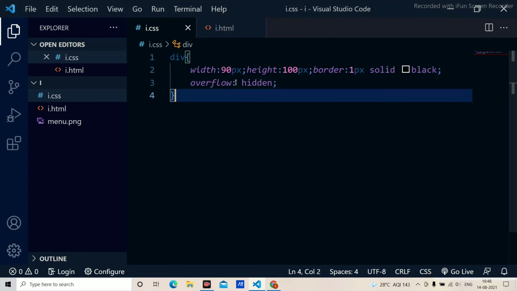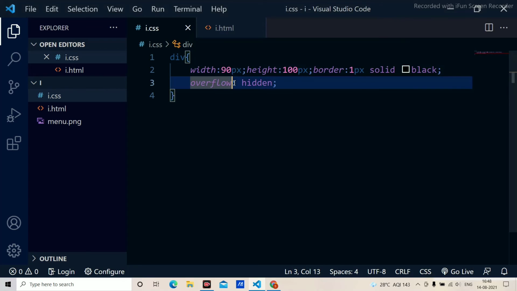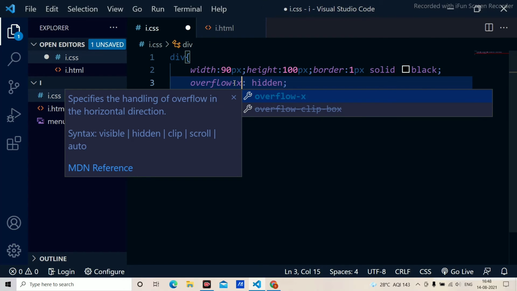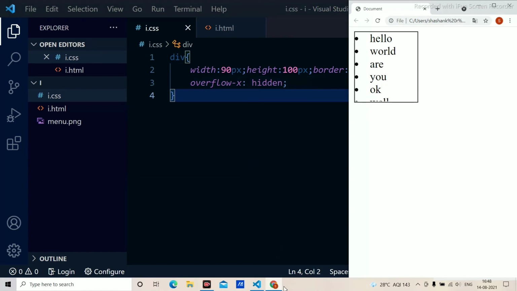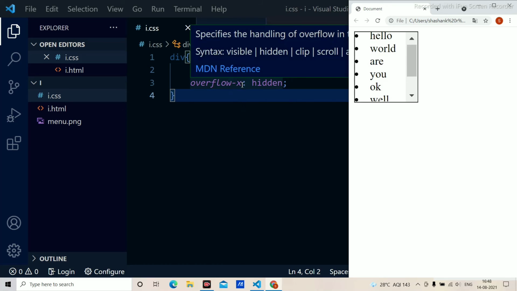Here, if I use overflow x equal to hidden, the x-axis will be hidden. As you can have a look, when I use overflow x equal to hidden, the x-axis will be hidden but y will be scrolled. This vertical section, or the y-axis, is getting scrolled because we have used overflow x equal to hidden.